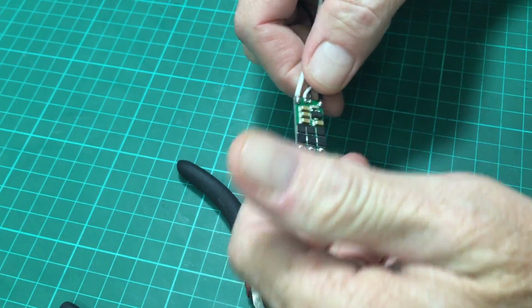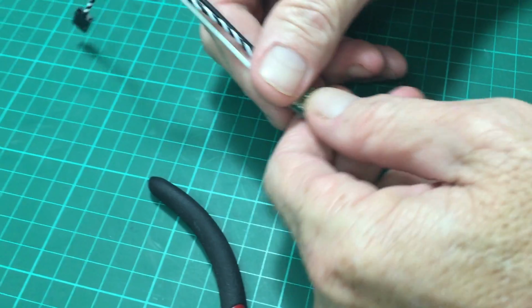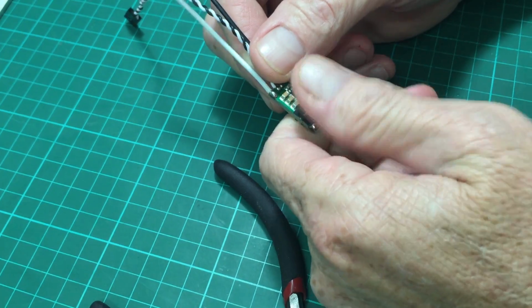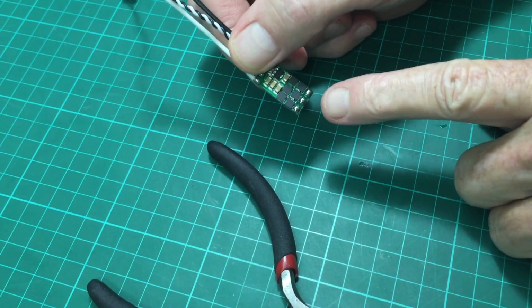All right, make sure it's not too hot. By the time I go back on there with my motor, it's still feeling very hot, as in burning my fingers hot. I'm going to wait a little bit, let that cool down. As you can see now,